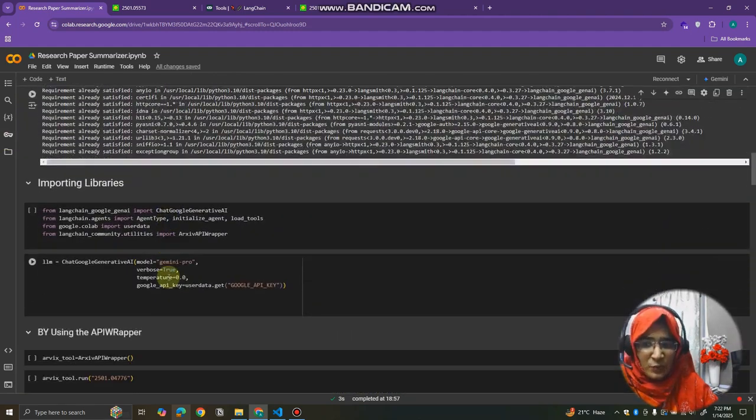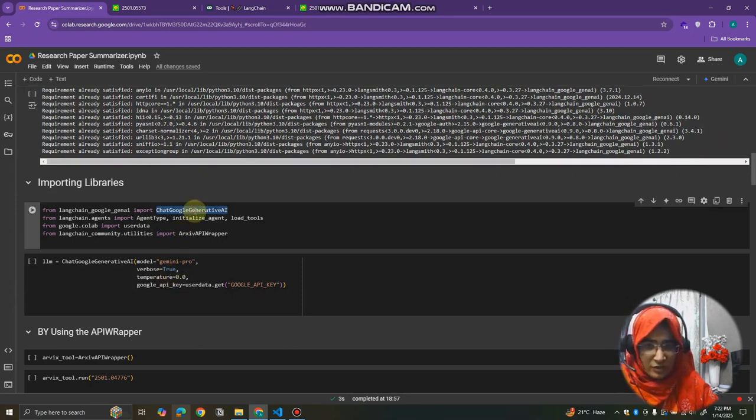Then first we are importing the libraries. As you all know, we are using a generative AI model or generative AI LLM, so we need to first import ChatGoogleGenerativeAI. Then we have AgentType, initialize_agent, and load_tools. Load tools basically loads the tools as a wrapper and provides them to the agent, right? So we are using load_tools so that we can provide it to the agent. And initialize_agent initializes things, for example, it will connect the tools and LLM together and perform the task that we want. Then we have AgentType.